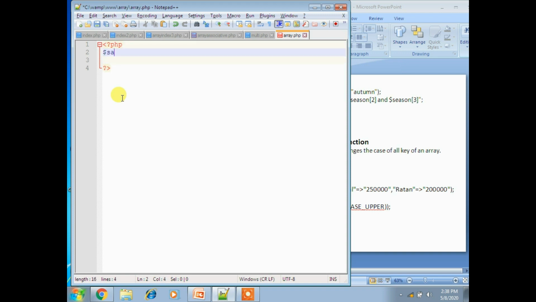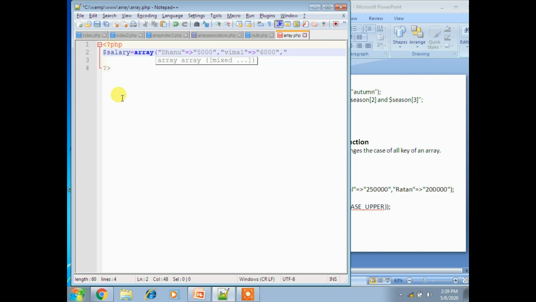So for this I am taking salary as a variable and array of, I am using Dhanu now, which is an associative array, so I take 5000 for this one. Next Vimal is there, which is in small letters, so 6000.